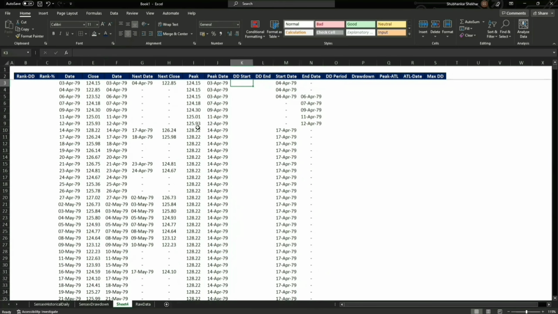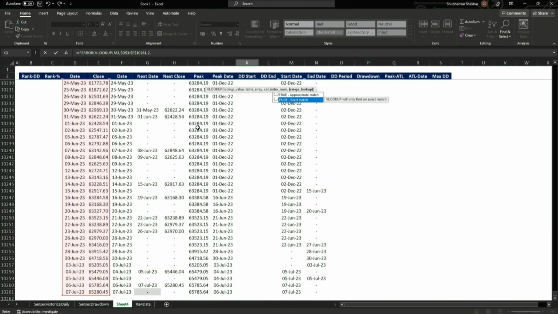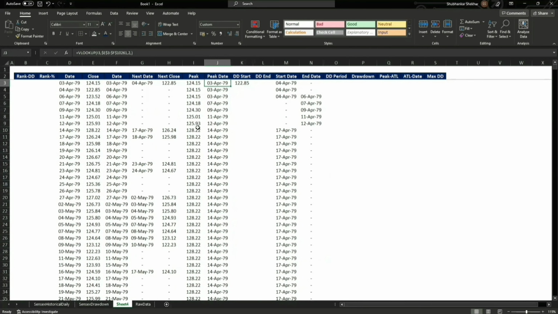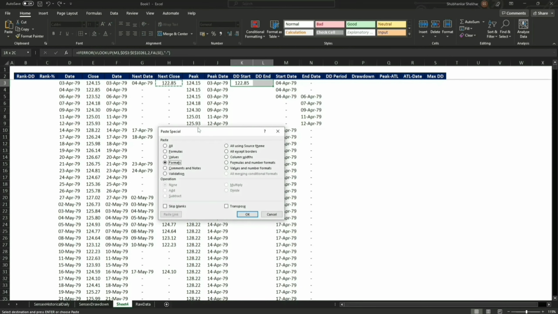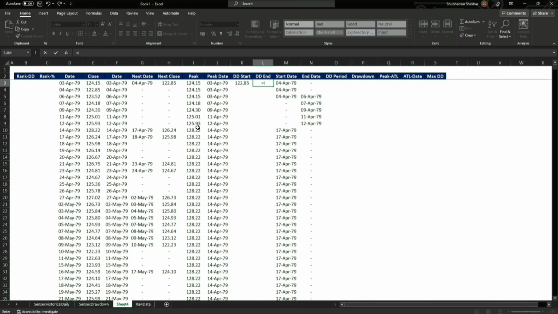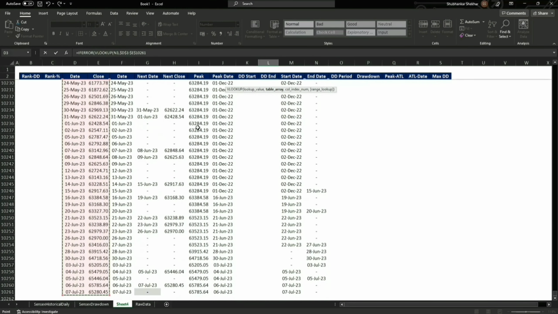right? Okay, so now it will be very easy to calculate the starting point for the drawdown, which is going to be the start date. And with this we are going to match, and then in case of an error, right, we are going to copy the format from here. Again the same thing here, if error, we look up the end date and this 2 false,